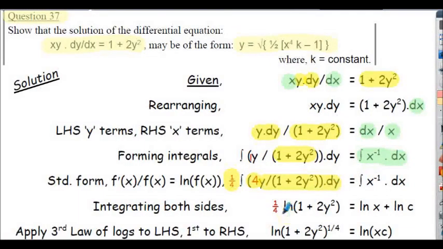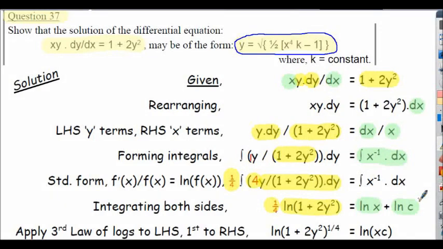I can integrate both sides then, ln of 1 plus 2y squared, but of course this is multiplied by the quarter factor here. On the right hand side I integrate x to negative 1, I have ln x. And instead of adding c this time, notice I've actually added ln c, and the reason for that is in the solution that we're trying to find, stated here in the question, there is no natural log term. So by stating ln c instead of purely c, you'll see I'll be able to eliminate the natural log functions